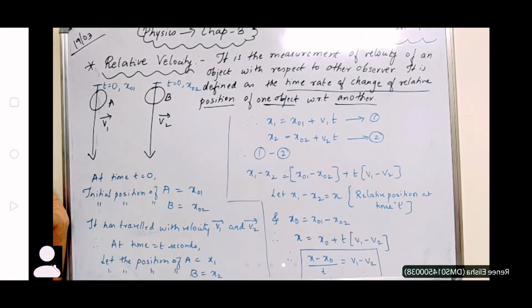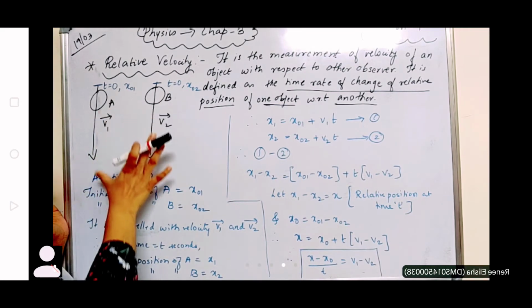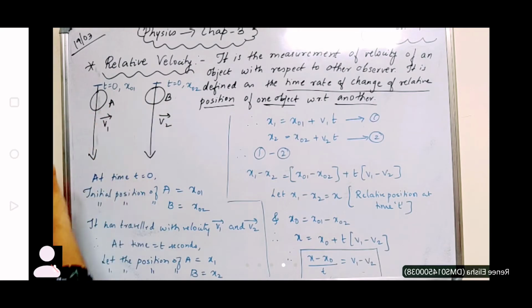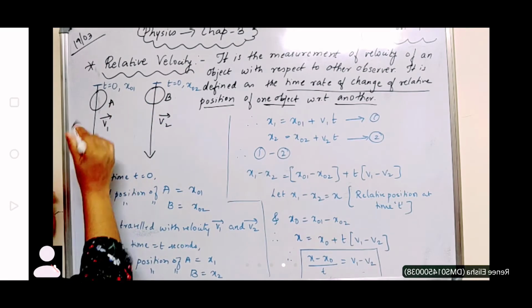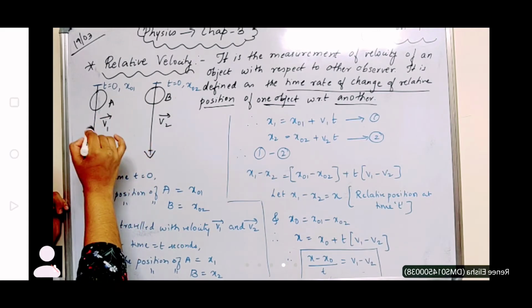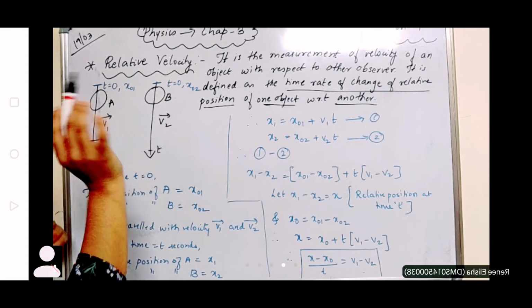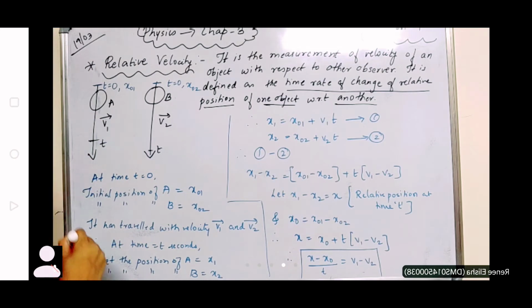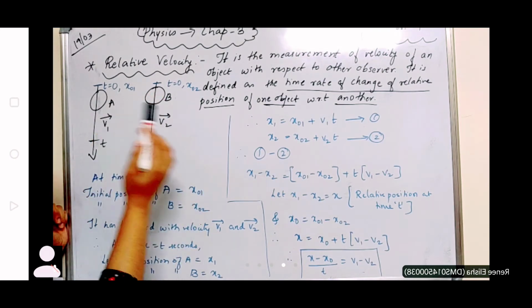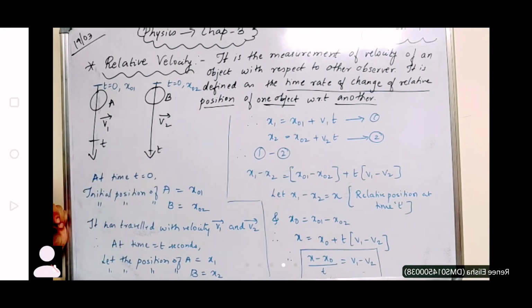Let this start at time t is equal to 0. Now suppose two cars are starting. Let them start at some time t is equal to 0, and they reach some particular distances: suppose this one reaches here and this one reaches here. At some time t, they reach two particular distances. So there is a rate of change of their position at two particular instances at time t.